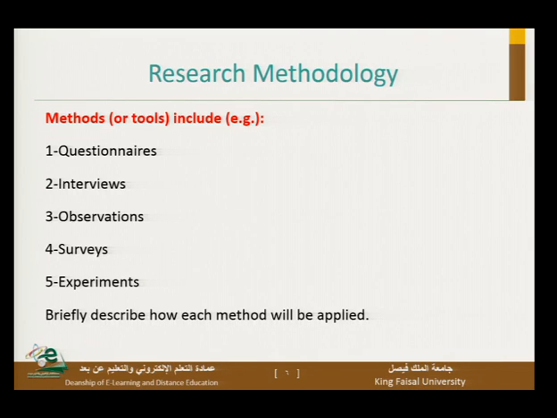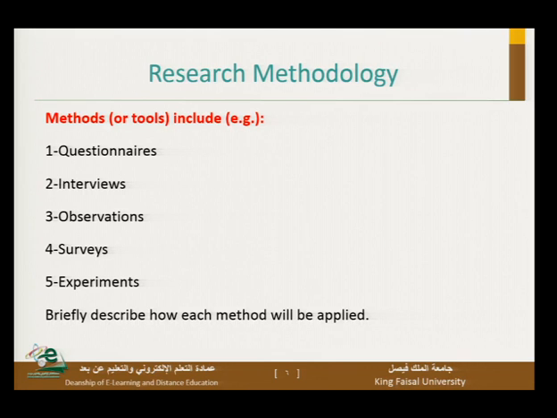You cannot do, for example, a survey on a certain topic. You've got to have something else instead. So you've got to be careful. You may have one tool which is appropriate, and with this one tool, you may get the results that you wanted to get. So the questionnaires, interviews, observations, surveys, experiments, any one of these methods, any one that you have chosen, please,